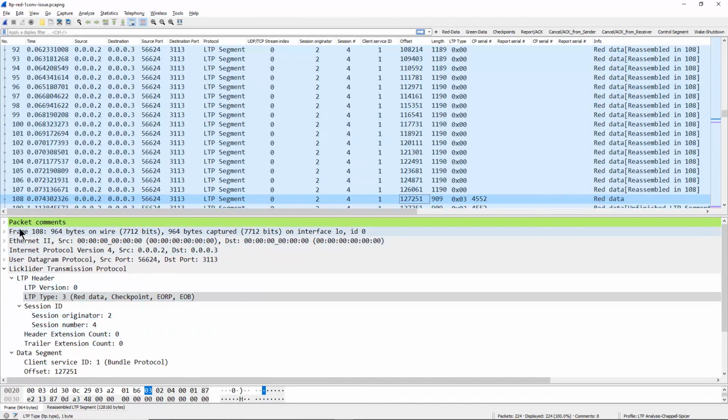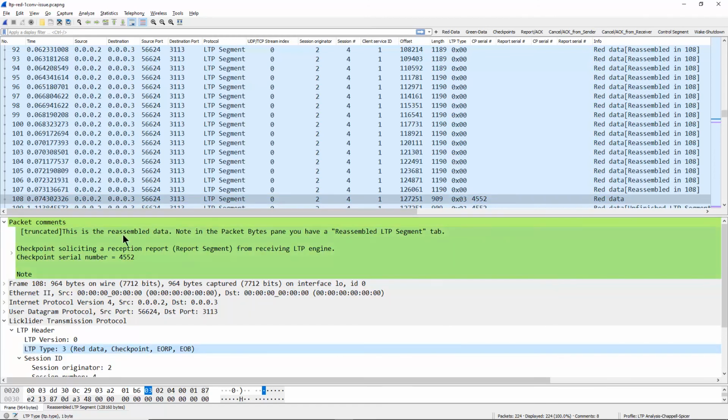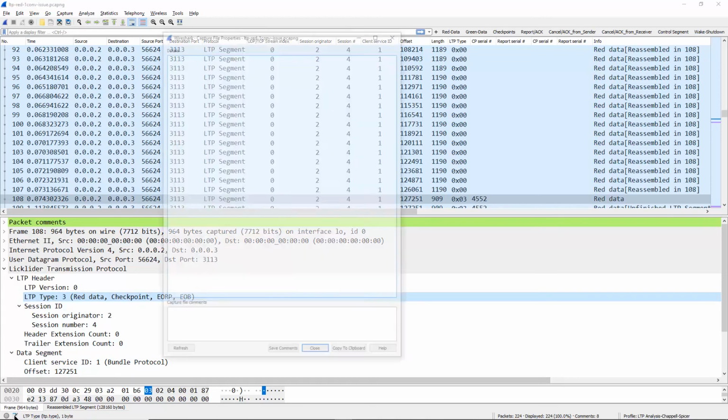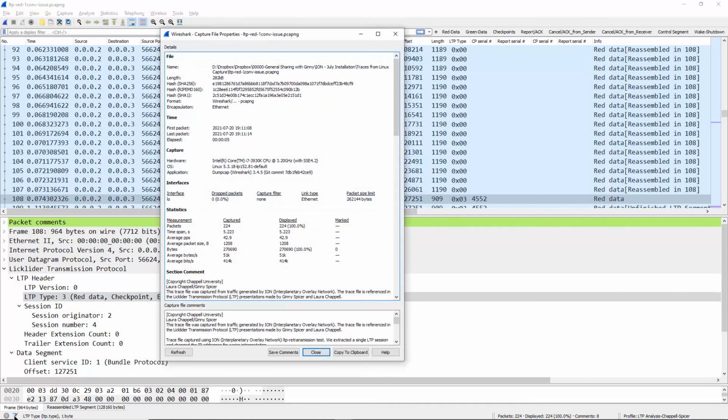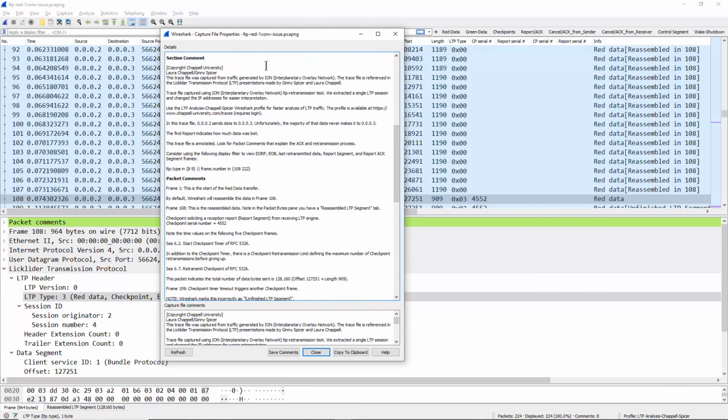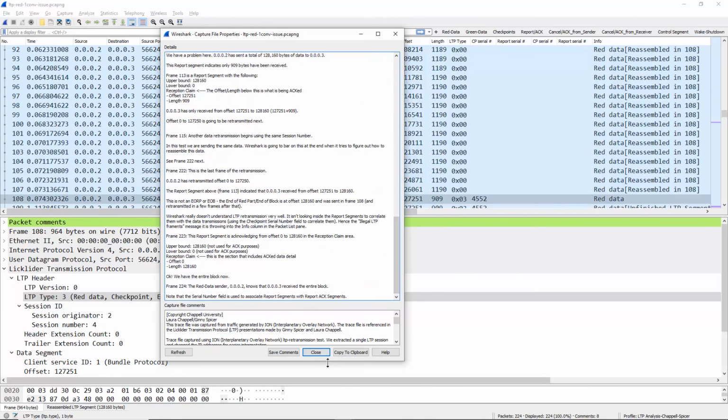Remember that all of our trace files are annotated, so don't hesitate to look at the packet comments. Best way to look at packet comments in our trace files is to click on the Capture File Properties button right next to the Expert button at the bottom, and in the top portion you'll see our section comment and our individual packet comments.